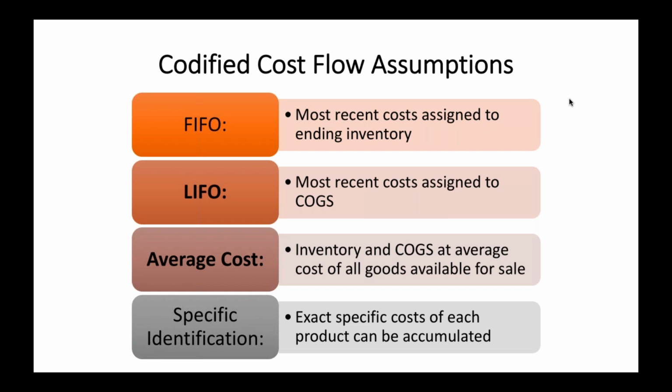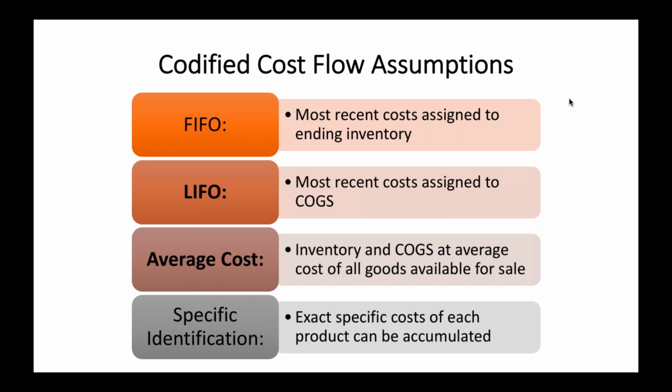Number 1 is FIFO, which means first in, first out. This means that the most recent costs are assigned to the ending inventory, and the oldest costs get assigned to cost of goods sold. LIFO, which means last in, first out, is that the most recent costs are assigned to cost of goods sold, and the older costs are assigned to inventory. Then there's the average cost method, where inventory and cost of goods sold are the average cost of all the goods available for sale. And finally,